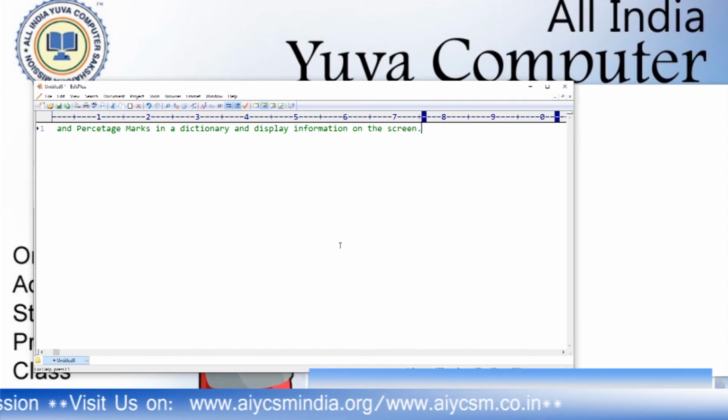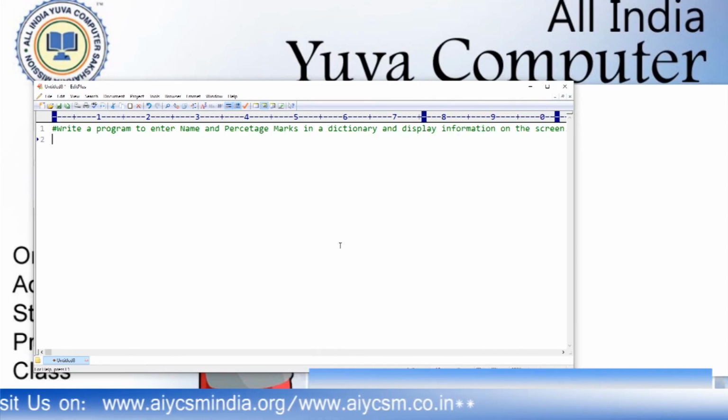Okay, this is my task, to write a program to enter name and percentage marks in a dictionary and display information on the screen.